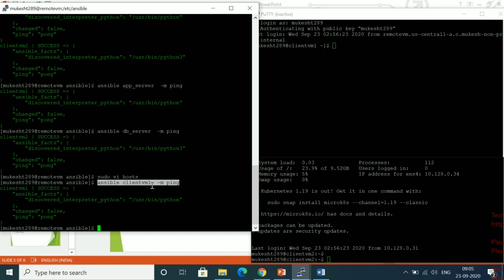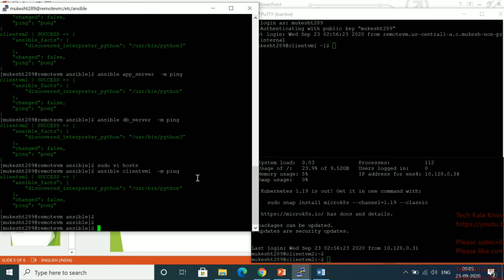This is a default parameter, right? Now the question is, you don't want to edit anything inside the default file. So you will think, I will create my own inventory, my own host file, and perform the ad hoc command there. In that condition, what do you have to do?